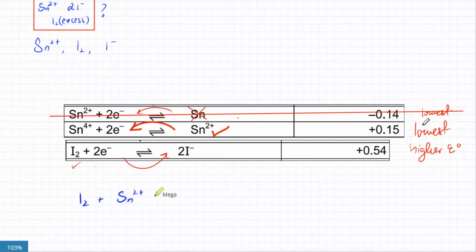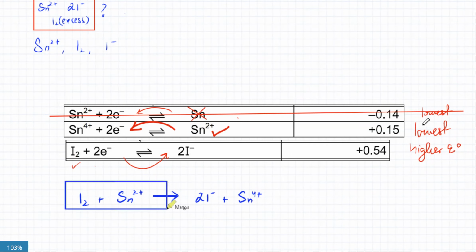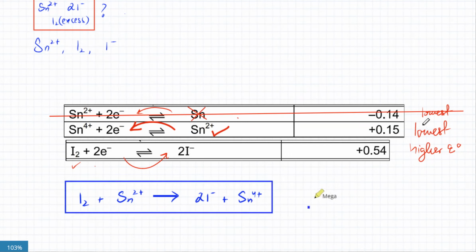And then you have your products. The product in the bottom one is 2I⁻. And in the top one, it's Sn4+. So that's your product. And the